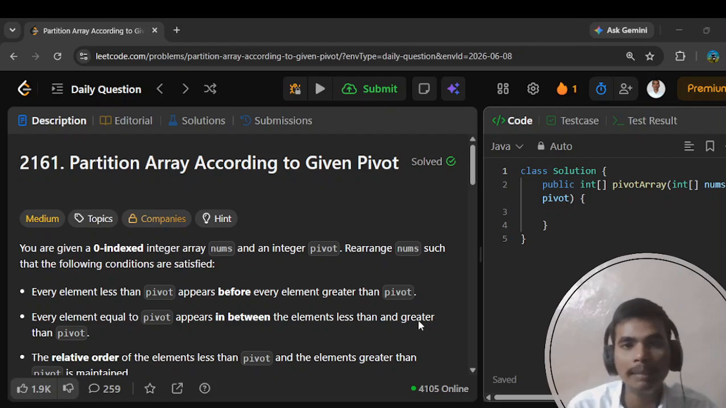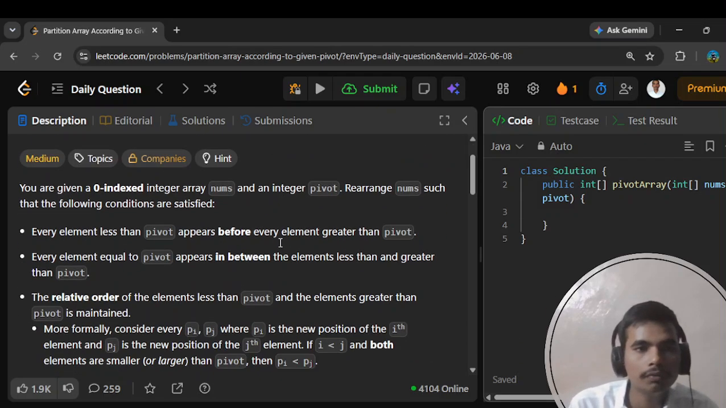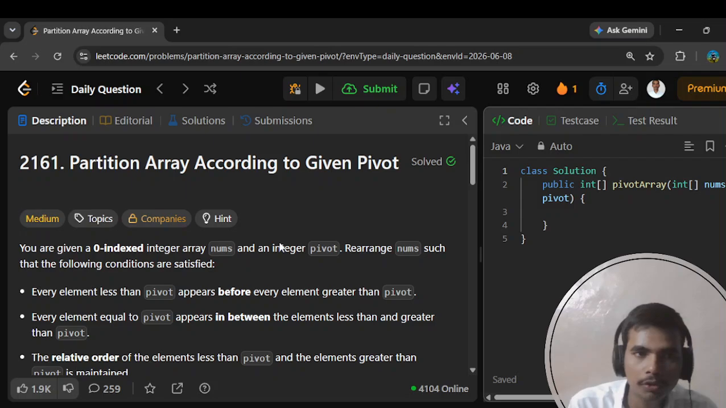जो कि टोटली पिवट बेस्ड प्रॉब्लम है। LeetCode का प्रॉब्लम नंबर है 2161। इस प्रॉब्लम में हमारा स्टेटमेंट है Partition Array According to Given Pivot। तो फर्स्ट ऑफ ऑल आई रीड द क्वेश्चन, मीडियम लेवल क्वेश्चन है और इसी क्वेश्चन के अनुसार हम लोग टर्म्स और कंडीशंस देखेंगे।